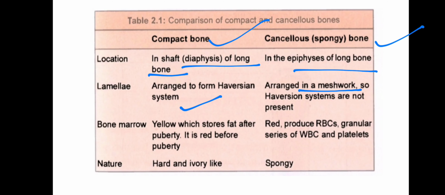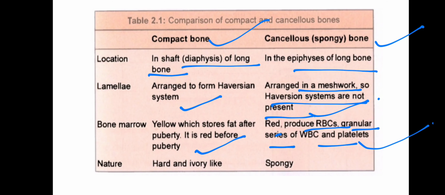the cancellous bone. Then comes the bone marrow, yellow, which stores fat after puberty. It is red before puberty. In cancellous or spongy bone, red marrow produces RBC, granular series of WBC and platelets. Compact bone is hard and ivory in nature, but cancellous or spongy bones are spongy in